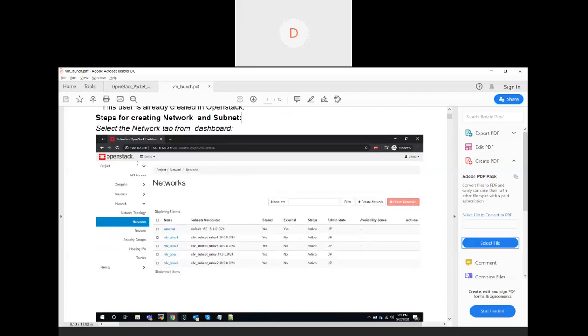Remember the earlier Horizon page when we loaded, we have seen there is something called network, compute, and all those things. When you click on the network option, you will have a bunch of options to manage the resources of type network, routers, security groups, floating IPs, and trunks. When you click on networks, here you have create network. So when you click on that,